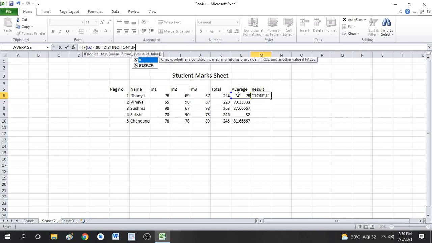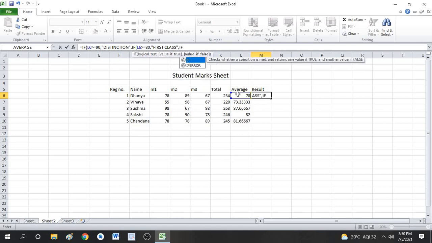If L6 is greater than or equal to 80, then first class. Close the double quotes, comma.